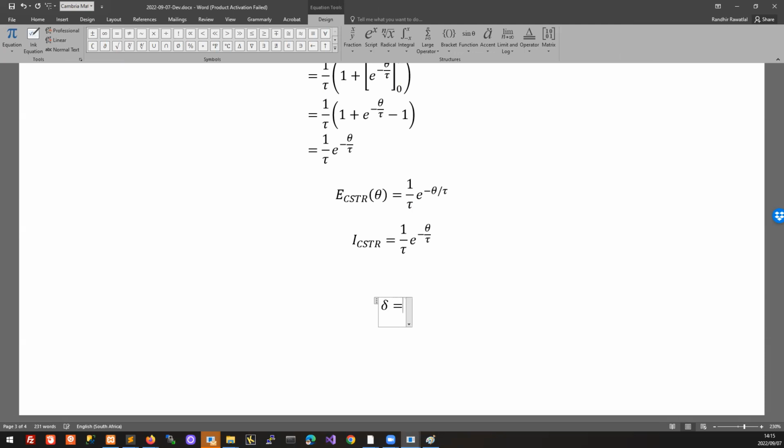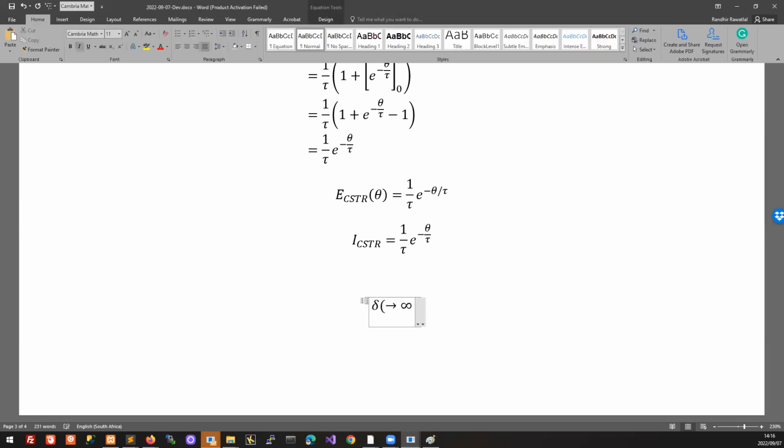So we say delta tends to infinity. The Dirac delta in x tends to infinity for x equals 0, and the Dirac delta equals 0 for x